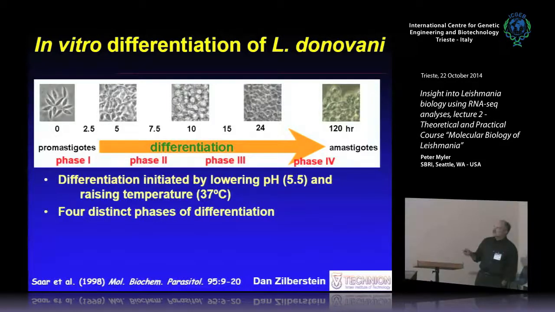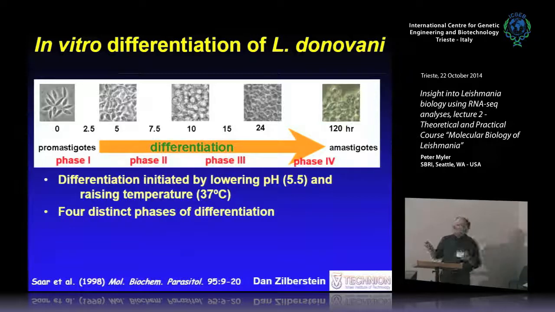By 5 hours, they've stopped growing and they start to bunch up. So in this stage here, phase 2, they basically go into a growth arrest and do some morphological changes, and they start to lose their flagellum. Then in phase 3, they're maturing and they start to grow again. So they've now sort of reorganized their genome or their transcriptome or their proteome, and they now are starting to grow as